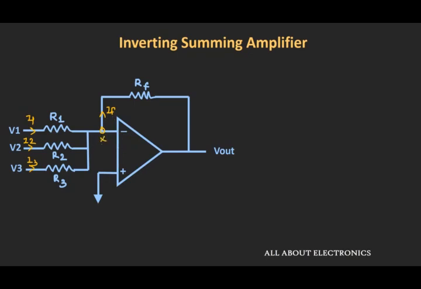Now in the earlier video of inverting op-amp configuration, we have seen the concept of virtual ground, and in that concept we had seen that whenever we are applying the negative feedback to any op-amp, then there is a virtual short exists between the inverting and the non-inverting terminals. So if one terminal is at ground potential, then another terminal will also be at a ground potential, or we can say that it will act as a virtual ground. So this node will have a zero potential.